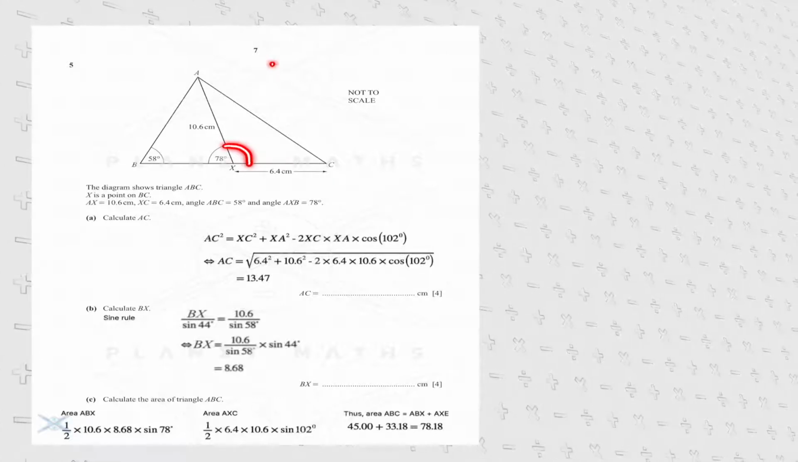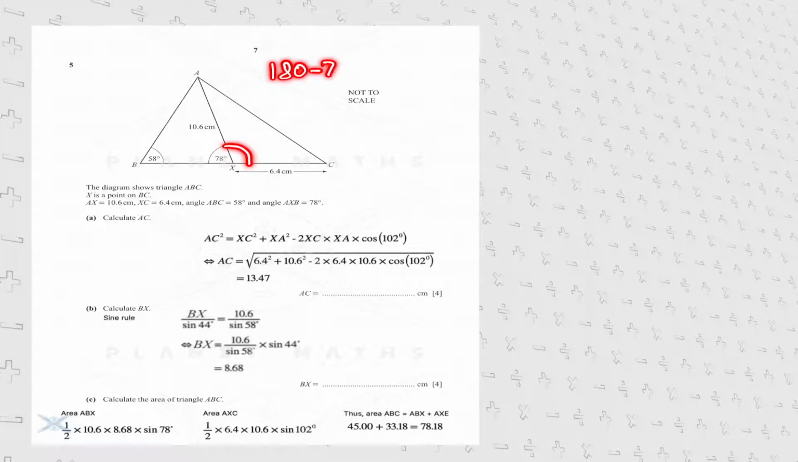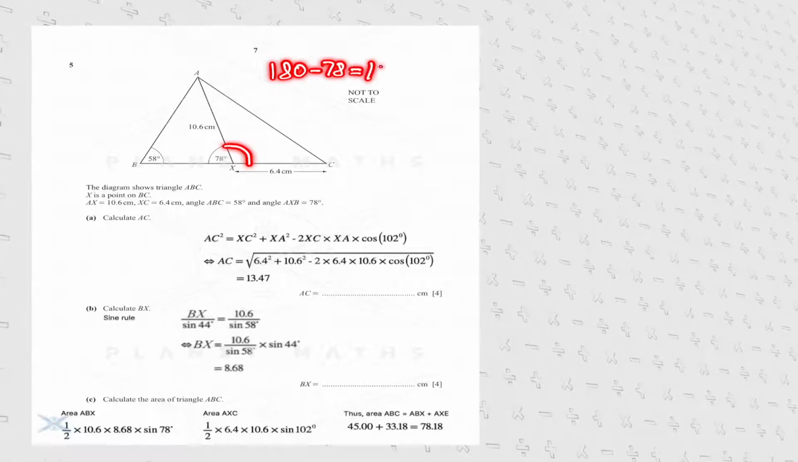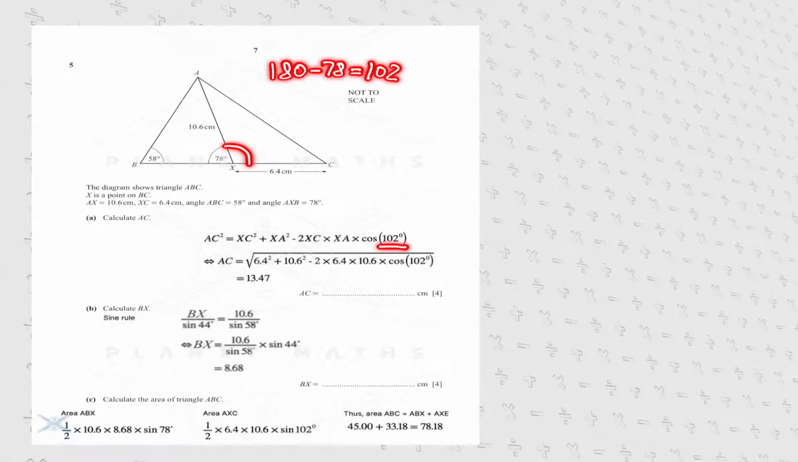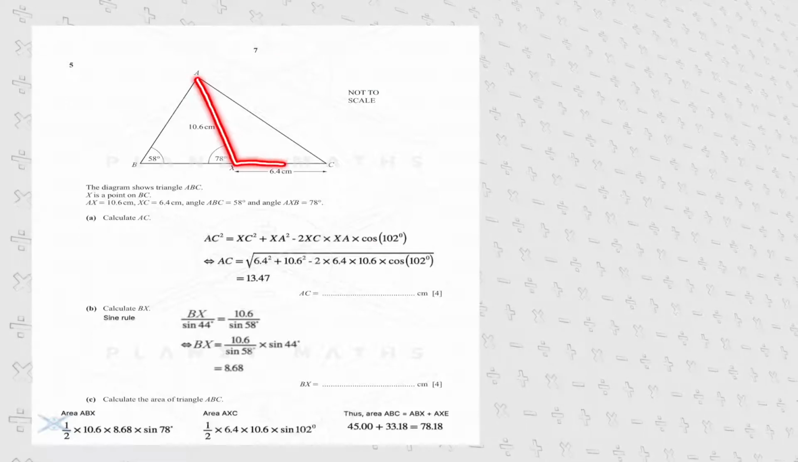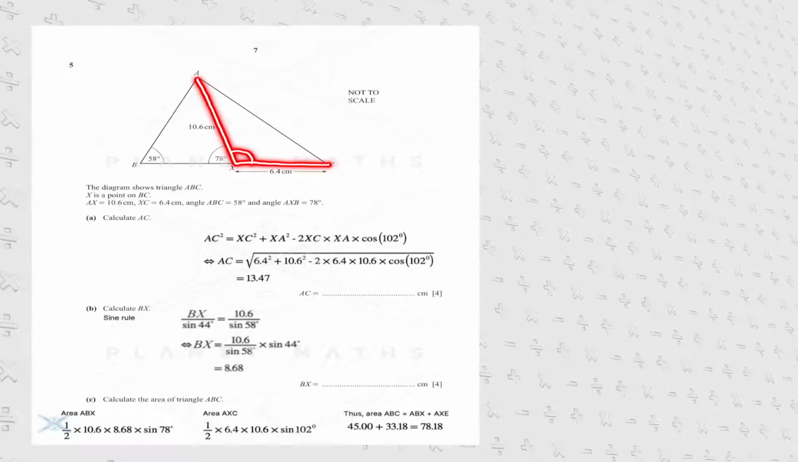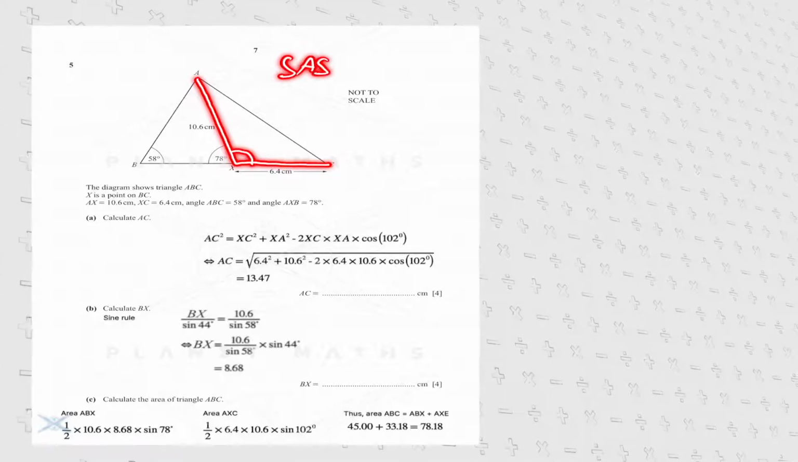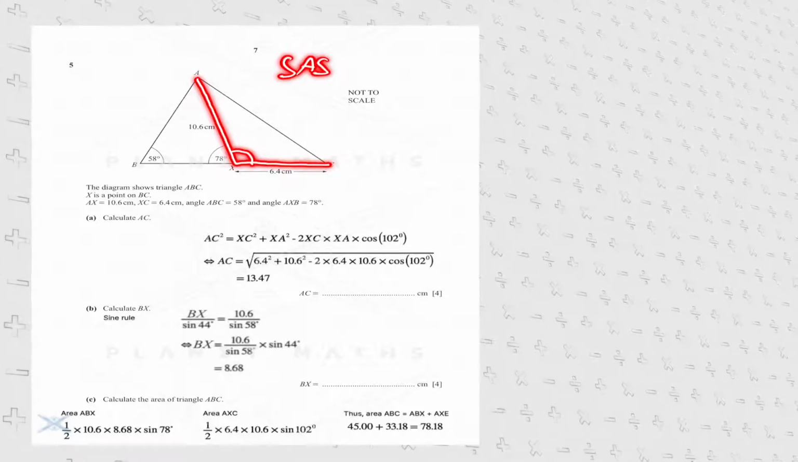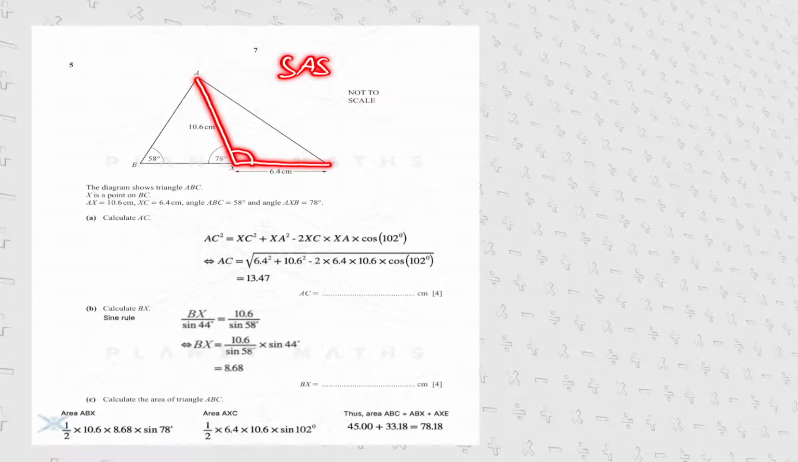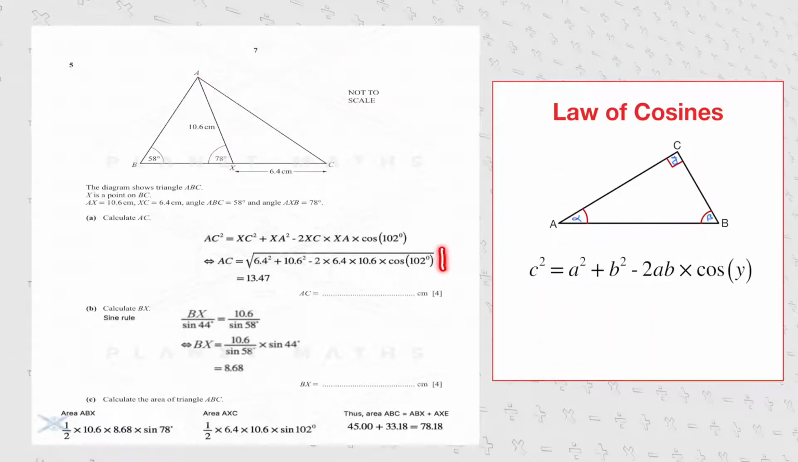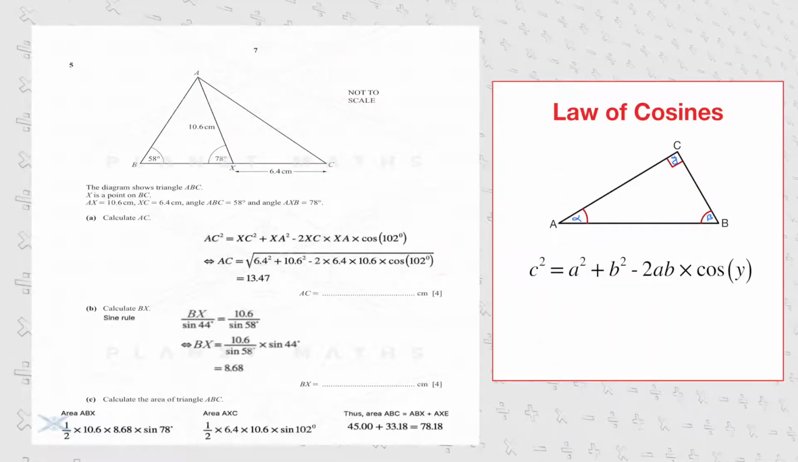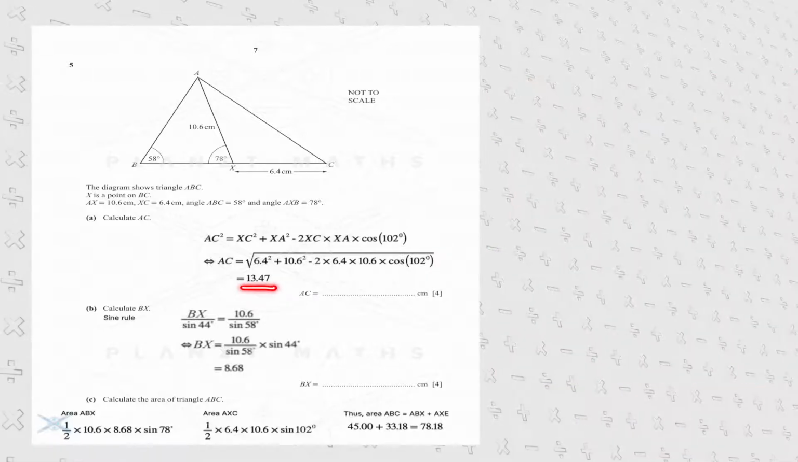Therefore, this angle can be calculated by subtracting 78 from 180, which equals 102. Now all of the information that we have tells us that we are operating with two sides that enclose an angle. So we are working with the case of SAS, and now we can determine the length of AC using the cosine formula provided. After plugging in all of the values provided accordingly, we can conclude that its length is